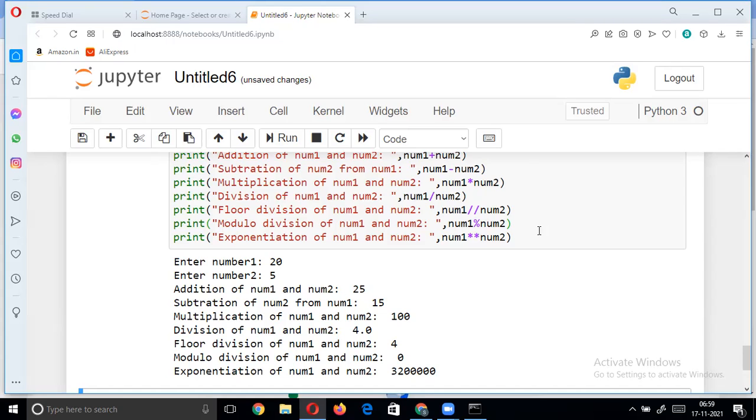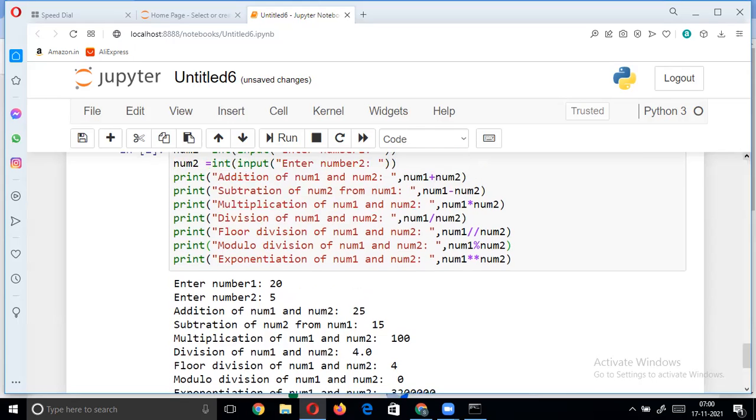This is mainly what we have to focus on: the division operator always performs floating point arithmetic, because it is going to return the decimal values exactly. If it is a floor division, we will get the nearest integer value. If any one of the operands is a decimal value, then it is going to give a decimal value as the result. And see here what we have done with the help of input.